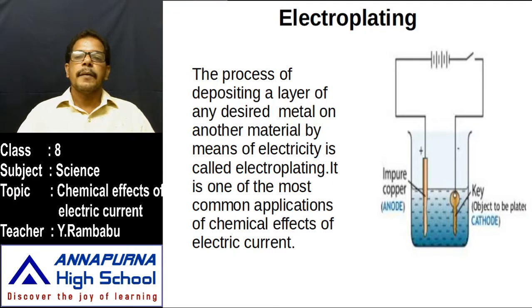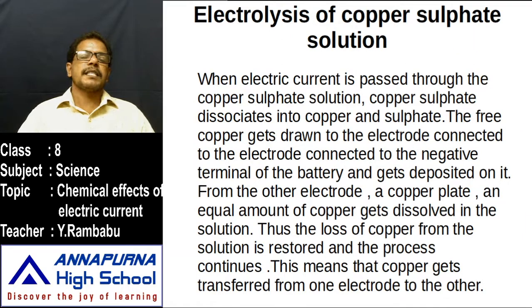Okay, next, let us see what happens during this electrolysis process. Let us learn by the electrolysis of one substance, that is copper sulfate solution. Are you familiar with copper sulfate? Yes, we observed in our lab that copper sulfate crystals are blue in color. That's why it is also called blue vitriol. Its molecular formula is CuSO4. The molecular formula for copper sulfate is CuSO4. It is blue in color.